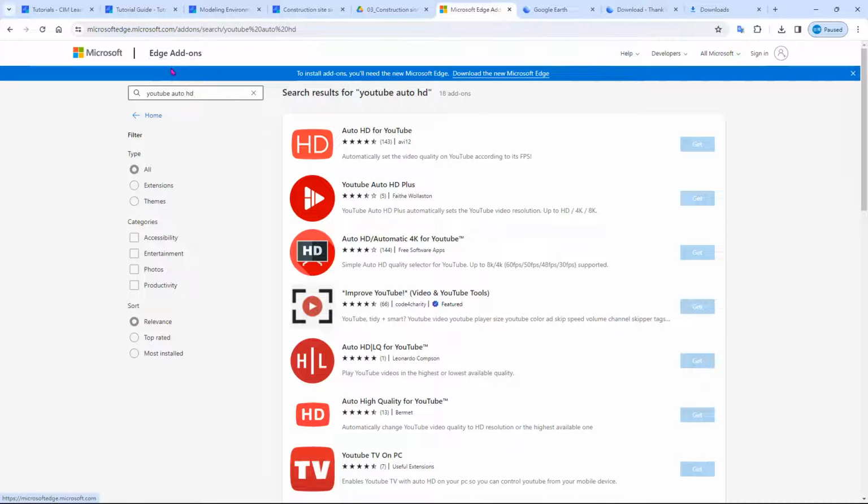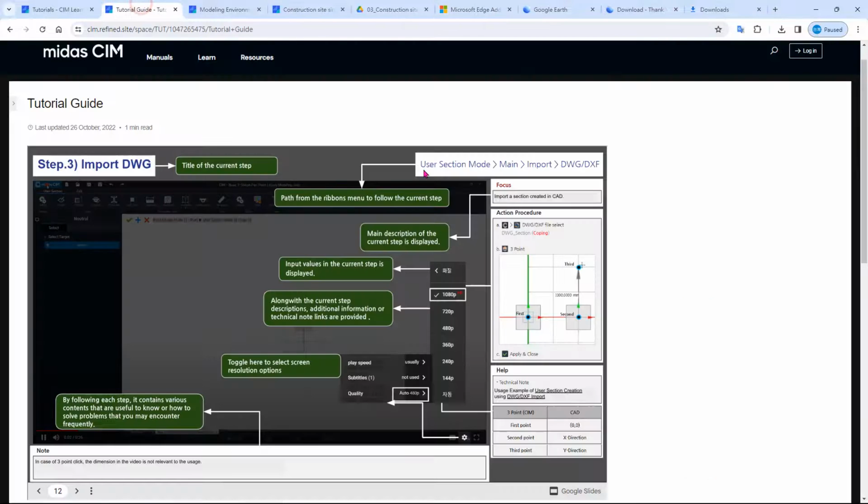If you use Edge, you can go to the Microsoft Edge store to download an add-on. In Chrome, you can also download add-ons in the Chrome store. Usually something like YouTube Auto HD, and you find the best rated one available in the Chrome store or the Edge store in here. And then after that, usually the quality will be similar to the one that you are referring to. Okay.